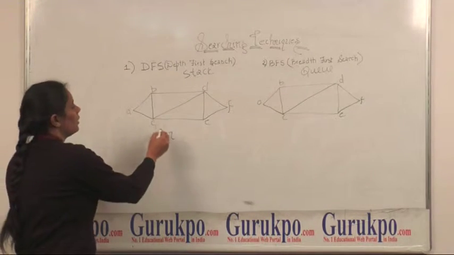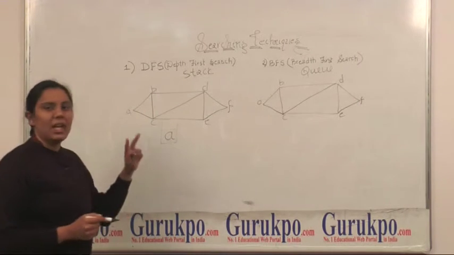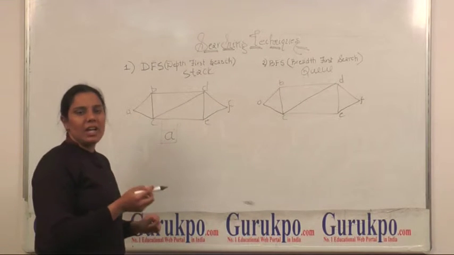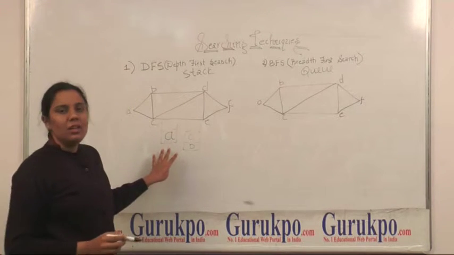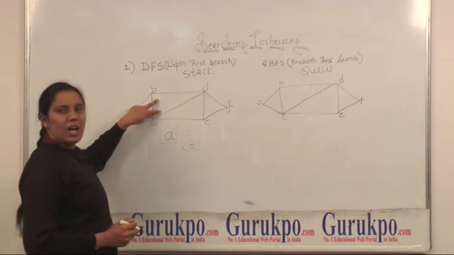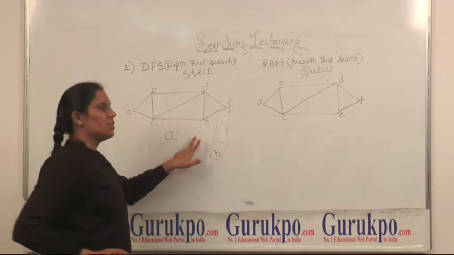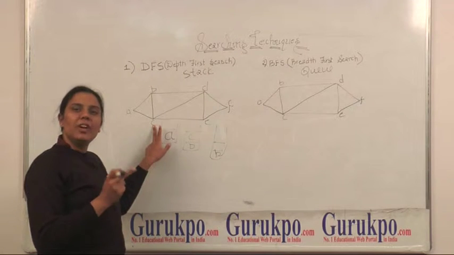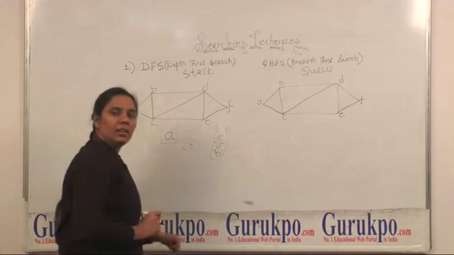Here we have first A, right? And now we have two children, that is two connecting nodes B and C. Now we will be removing the parent node and writing the child nodes, that is B and C. What we have done is removed the parent node and explored its two child nodes. Now B is written here and it's now the turn of the top item, that is C. Now we will be removing C and writing its two children, that is D and E.